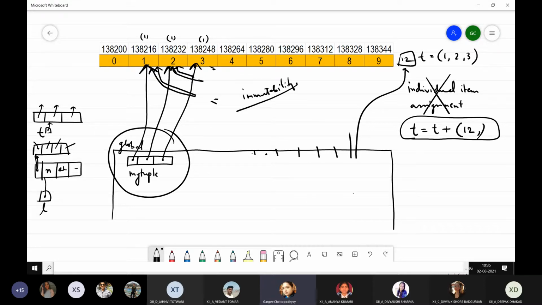So this is how immutability works, because immutability means that when you try to reassign that object, you are reassigning to the place where originally T was created, and now the label T will stop pointing to the original tuple object which was there.